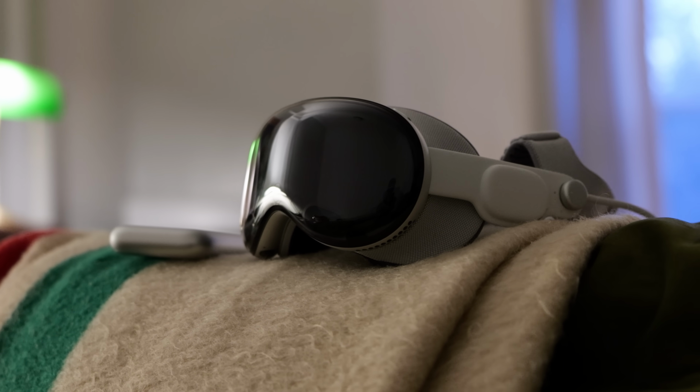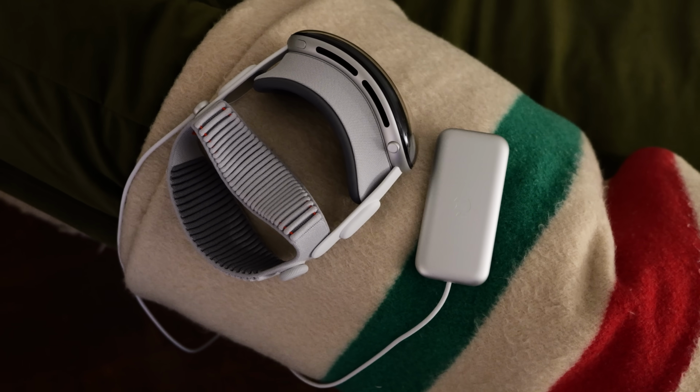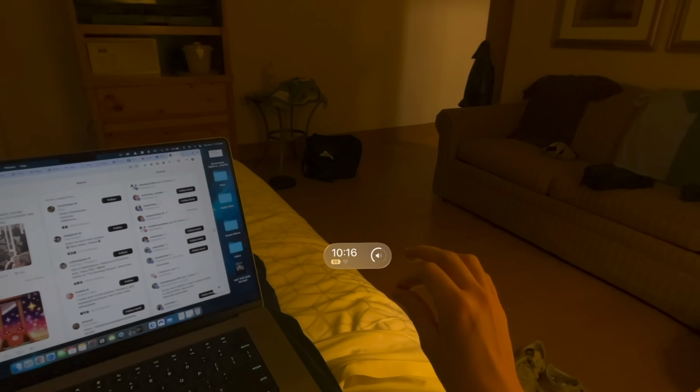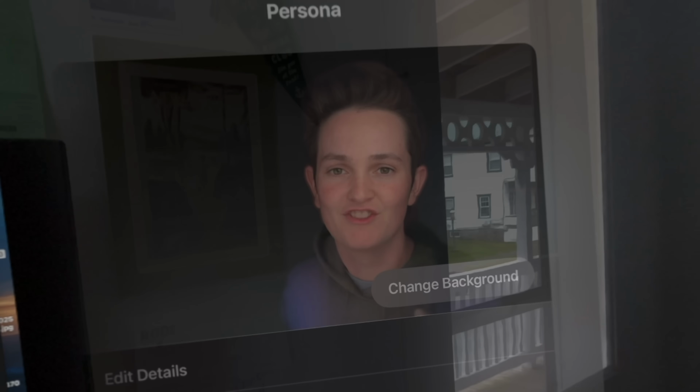And in my eyes, the only way to justify such a purchase would be if it could replace all of the other expensive screens I own. So from planes to hotel rooms to my couch, my office, I've done just that. Well, sort of. But we'll get back to that in a bit. And without a doubt, this device provides a great screen experience, but at the cost of...